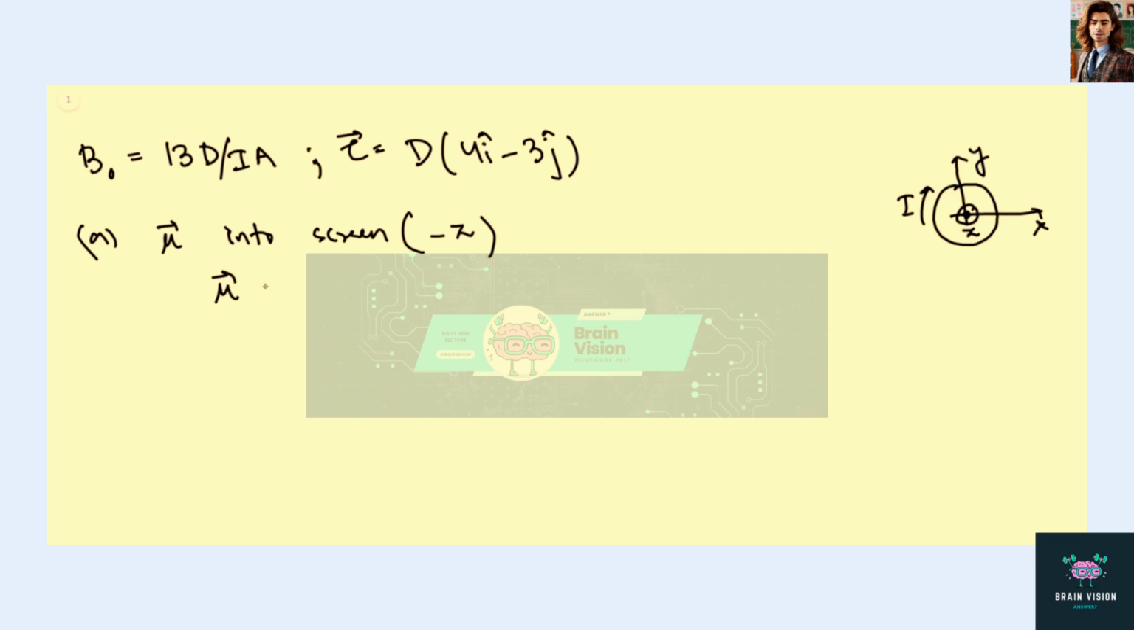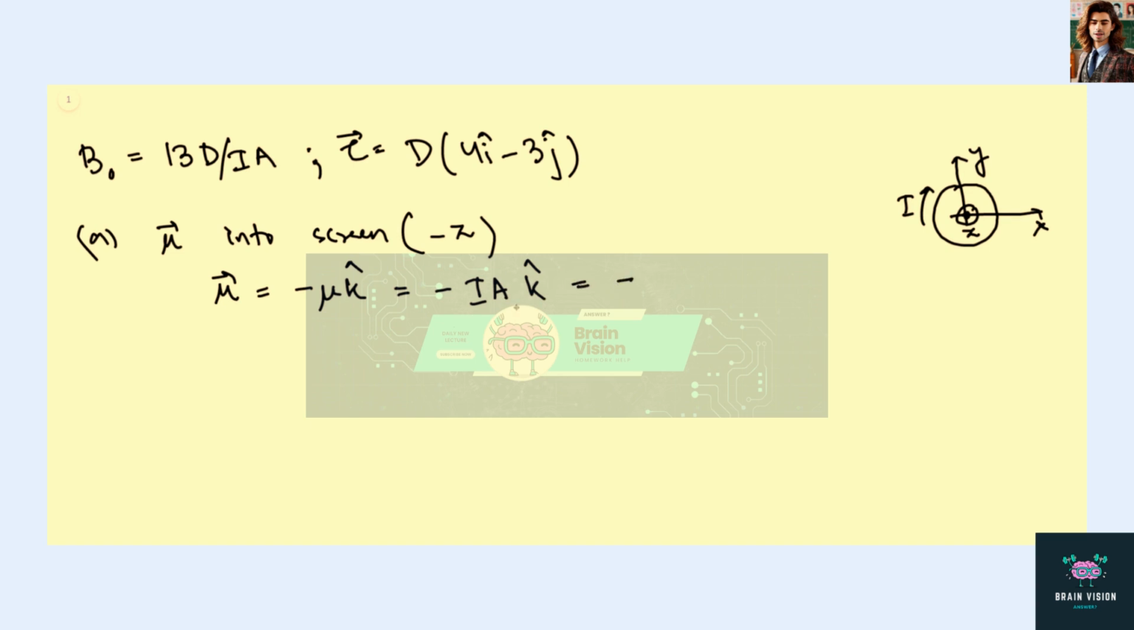So we know that mu is equal to negative mu k cap, where mu is just the magnitude of the vector mu, and the negative sign is due to the direction because the magnetic moment is in the negative z direction. Now we know that the magnitude of the magnetic moment is given by current times the area, and here